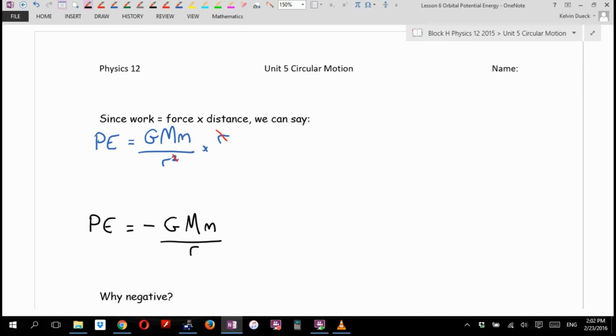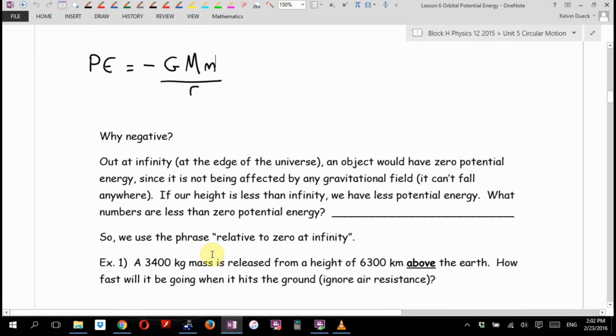Earth, thank you. Okay? So I wrote down here, why negative? The real reason is it's an integral, and that just works out quite nicely. But for you guys that aren't doing calculus, out at infinity, at the edge of the universe, an object would have no potential energy